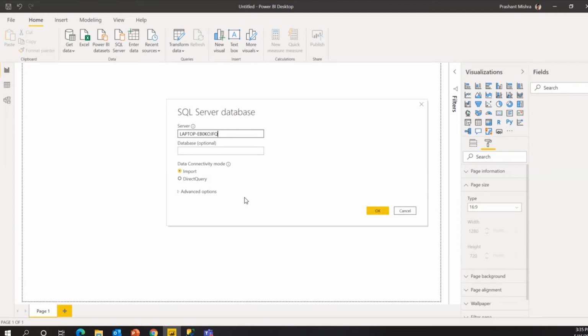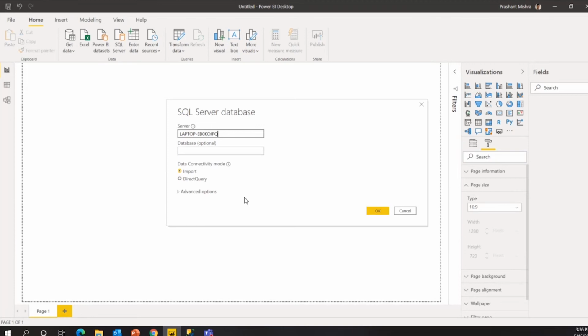When you go for import mode, it means you are bringing the data into Power BI in memory. So definitely the performance will be very good. But the problem is when you are dealing with huge data. If you're dealing with maybe 50 GB or 100 GB of data, you cannot bring it here. There's a limitation with import mode. I think that is 20 GB. I need to check, but I think it is 20 GB. So if you have data volume more than 20 GB, you cannot go for import mode.